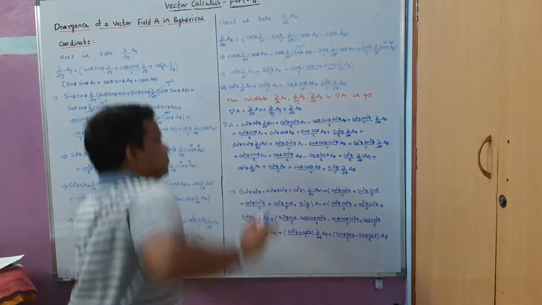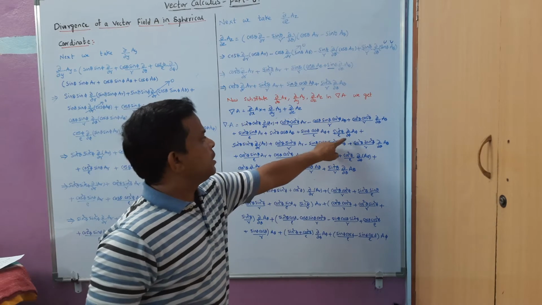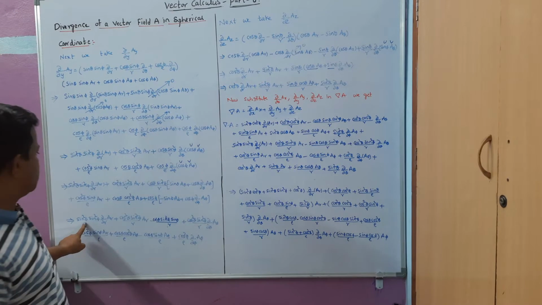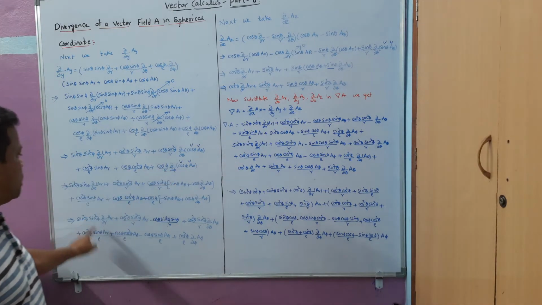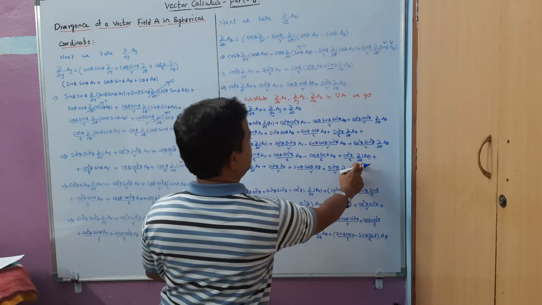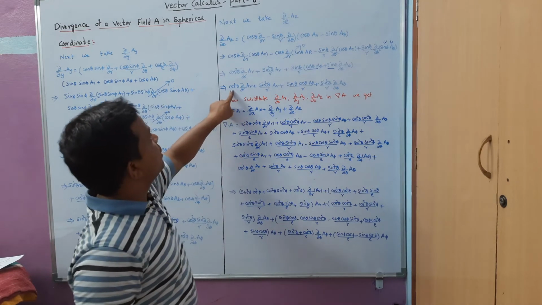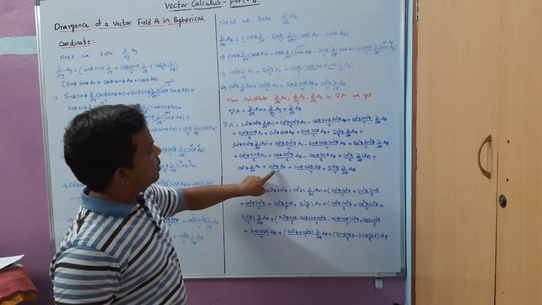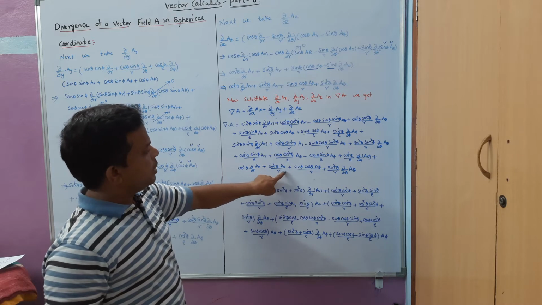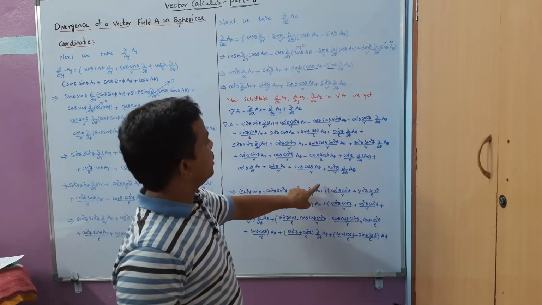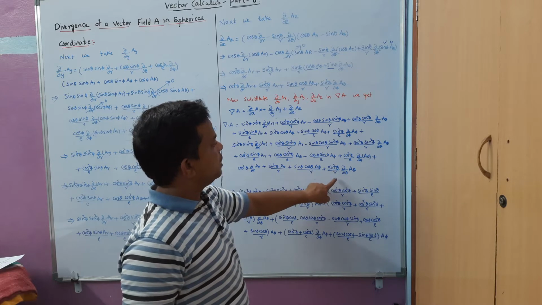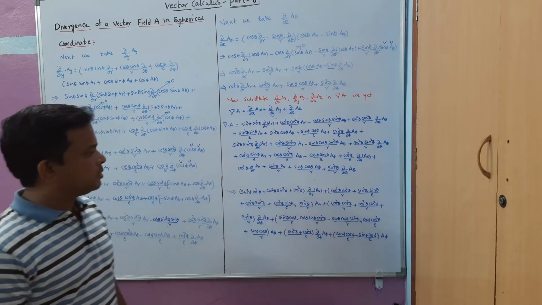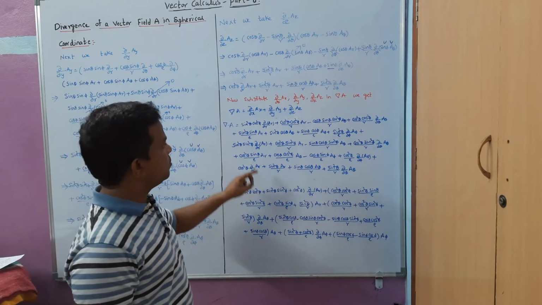So after substituting, we can see from here that sin square theta sin square phi del by del r, and so on, is repeated up to cos square phi by rho del by del phi of a phi. Similarly from here del by del z is going to repeat here, that is cos square theta del by del r of r, sin square theta by r ar. Next sin theta cos theta by a theta by r plus sin square theta by r del by del theta of a theta. Now we have to take the common terms here, so we take the del by del r terms separately.